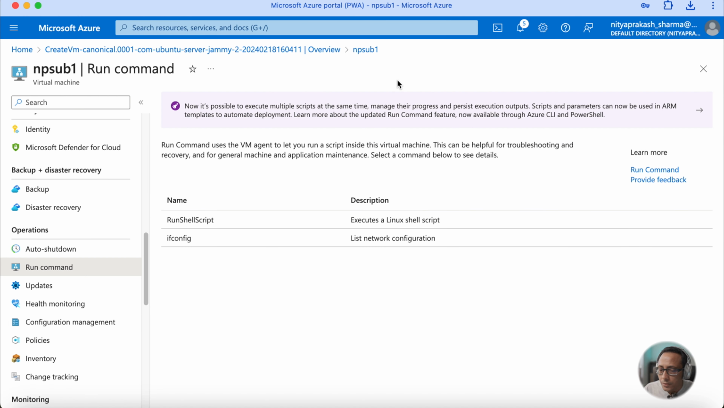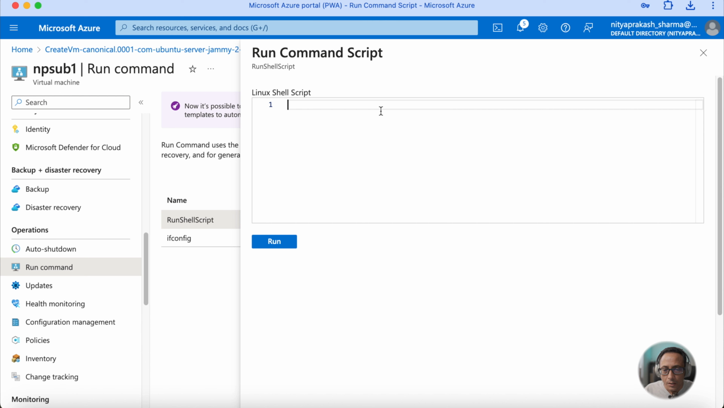Okay, in this section we will learn how to use the run command. In each virtual machine we have a run command section. Here we are in Ubuntu, and we want to run commands without logging into the NGINX machine, without logging into the Ubuntu machine. So here we have an option. When you run command, there is the option run shell script. I'll click here, and right now, without logging into the server, I just want to stop the service,